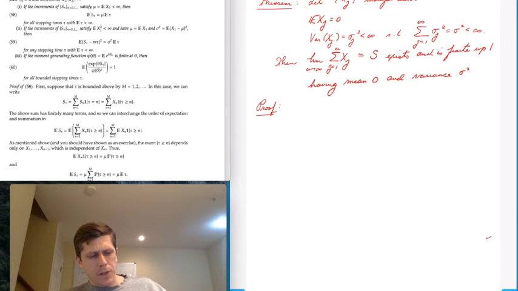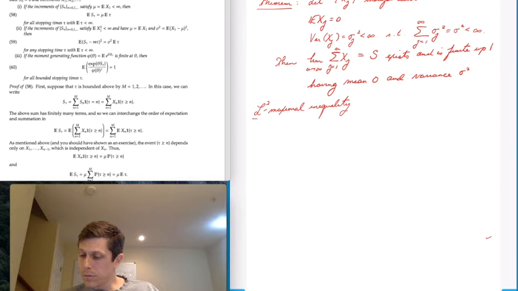Okay. So to prove this, actually proving this, we will invoke what's called the L2 maximal inequality. So the first thing that I want to show is what's called the L2 maximal inequality. Technical result,